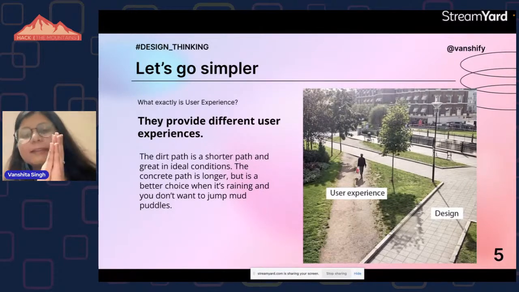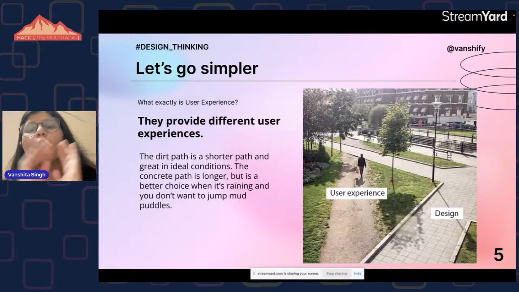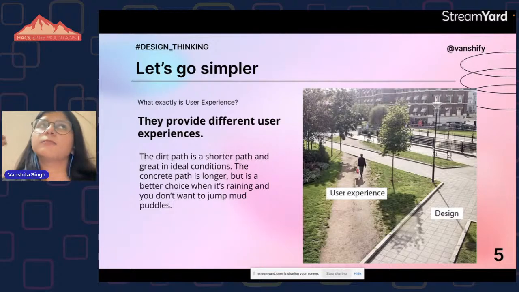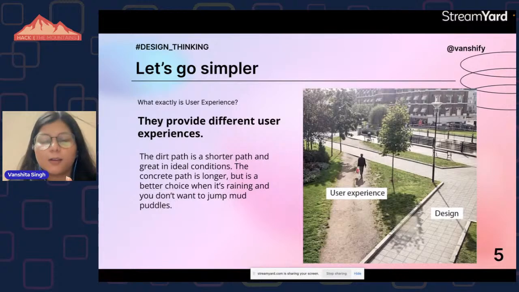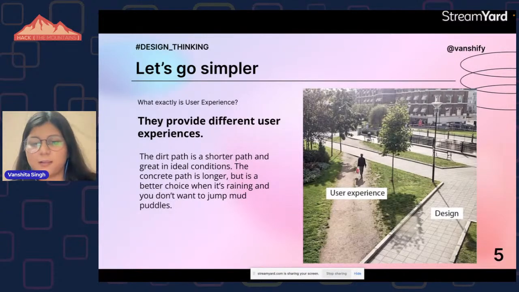It depicts that on a normal sunny day, if I'm going to my workplace through this path, it's human psychology that if there's a path cutting through the normal path, we will tend to take that shortcut to reach the destination faster. That's what the man is doing, and that's how user experience is formed. He found that this is a shorter path, it is good, I can reach faster, so I will take that path. He left that good, embellished, symmetrical path and took the rough path.